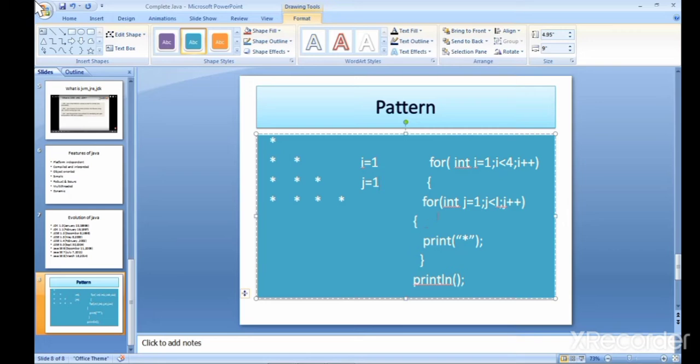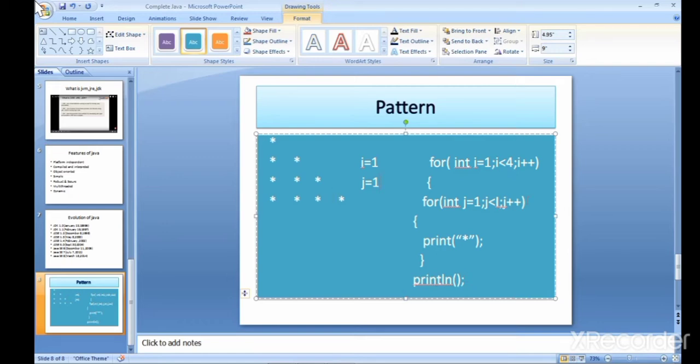After that it's j plus plus, and it's checking condition int j is equal to 2 because it is incremented, and the condition is false, and it exits the loop, and it's coming to the println, which indicates the new line, okay.